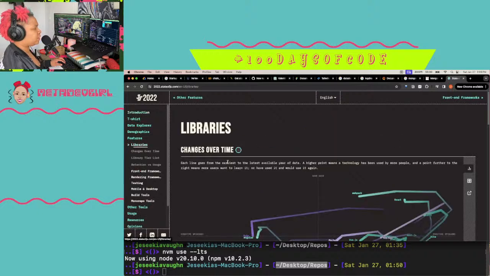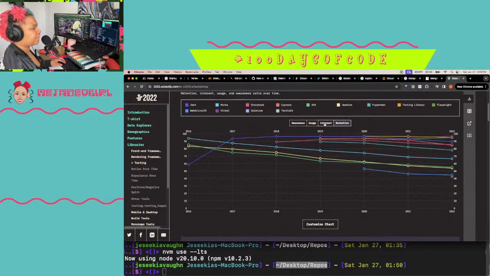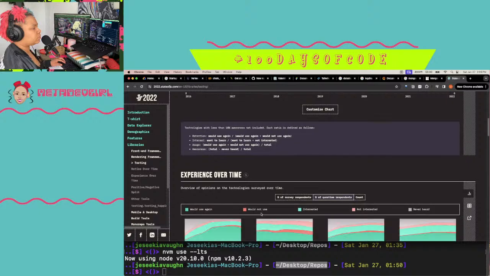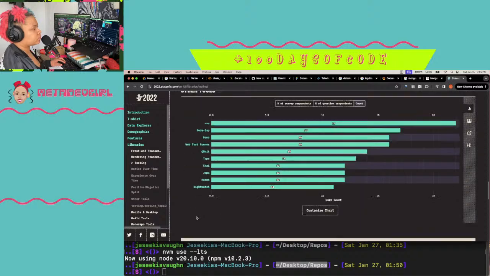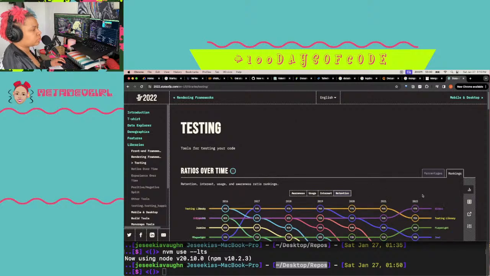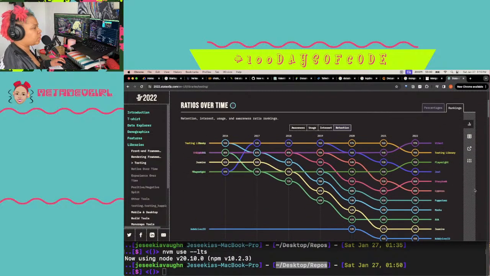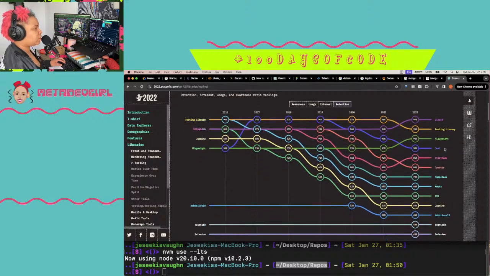Features, libraries, testing. Vitest, testing library. Is that just like a general? Playwright, Jest, Storybook, Cypress, Puppeteer, Mocha, Jest.